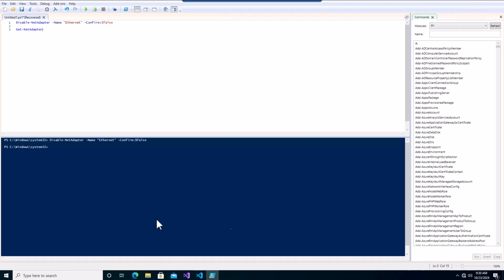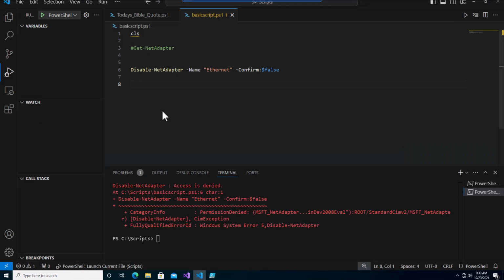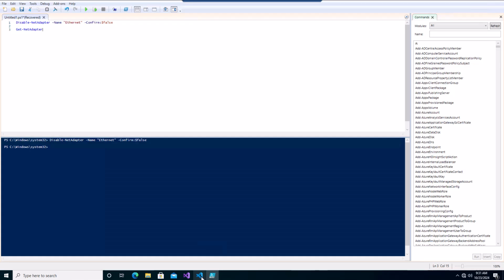And if you guys don't know what this is, it's the ISE built into PowerShell. So you have a default built-in one in Windows that gives you an ISE already. But the most popular one everybody's using now is Visual Code. We have a video, maybe the intro video, video 1 or video 2, that covers this, so I won't go into too much detail here. So let's comment this first line out,